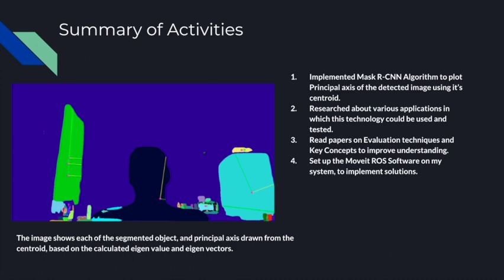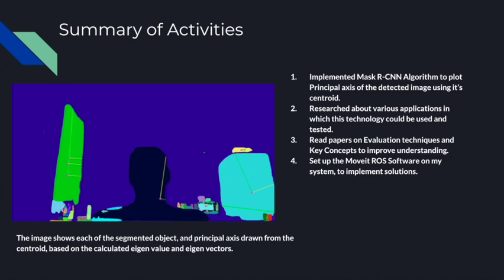I have also implemented the Mask RCNN algorithm to plot the principal axis of the detected image using its centroid, researched various applications in which the technology could be used, read papers on evaluation techniques and key concepts to improve understanding, and also set up the MoveIt ROS software on my system to implement solutions. The image here shows each of the segmented objects and the principal axis drawn from the centroid based on the calculated